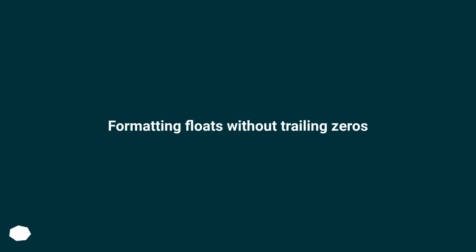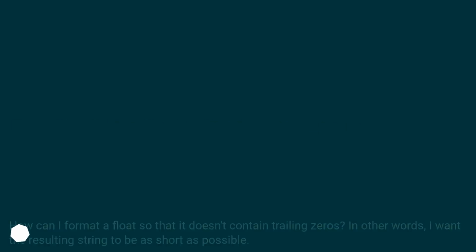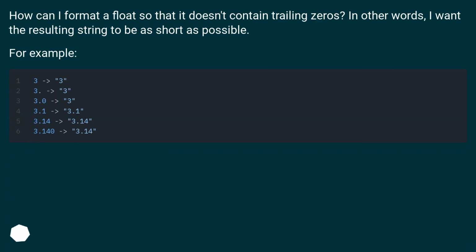Formatting floats without trailing zeros. How can I format a float so that it doesn't contain trailing zeros? In other words, I want the resulting string to be as short as possible. For example,